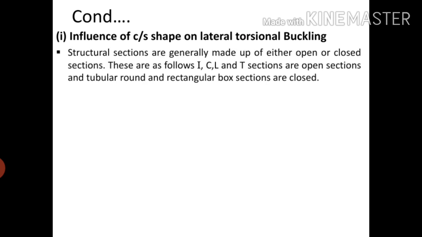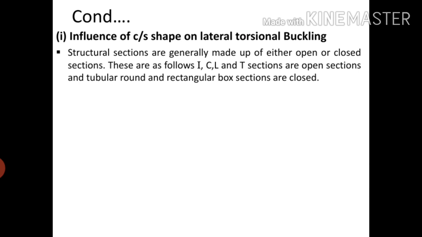Structural sections are generally made up of either open or closed sections. That is, generally the beam sections are provided either by open sections or by closed sections. So what are open sections and closed sections? I sections, channel sections, angle sections, and the T sections are open sections, and tubular, round and rectangular box sections